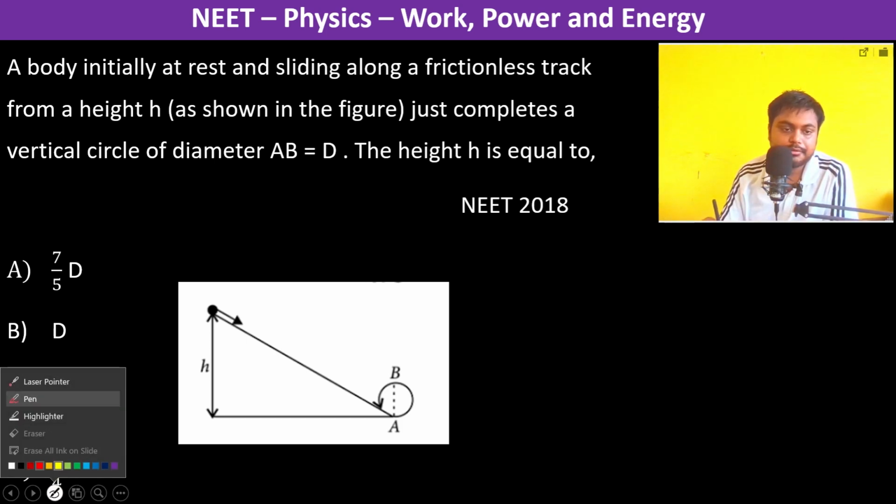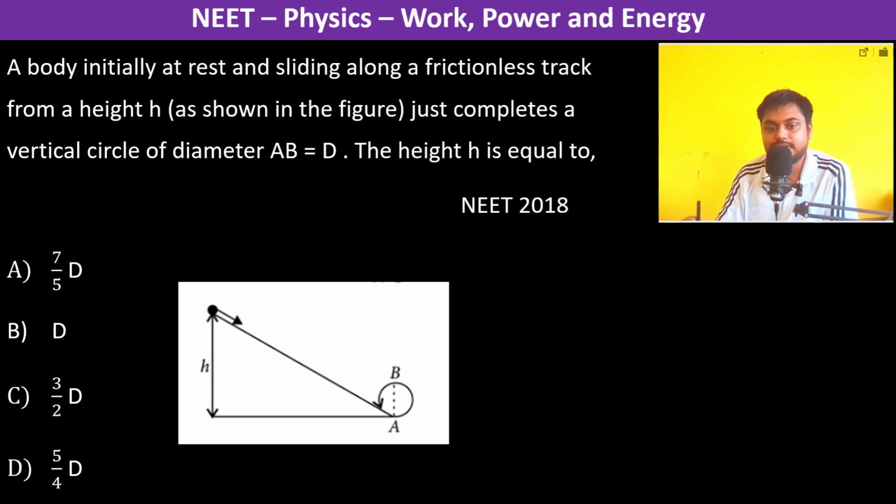So now in circular motion we will learn that here at the lowest point the velocity required to just complete the vertical circle is root over 5g into r, where r is the radius here. So therefore